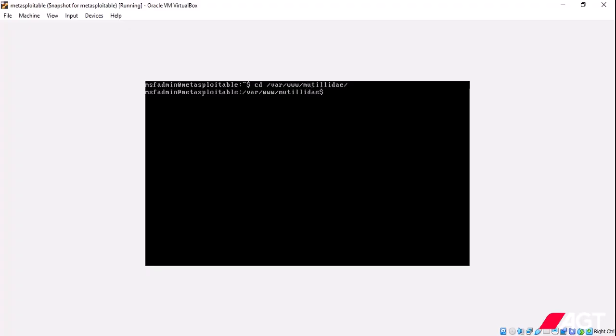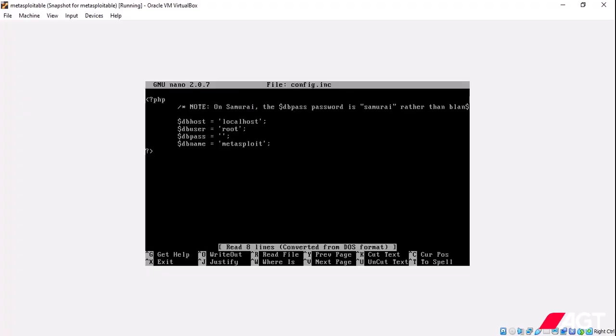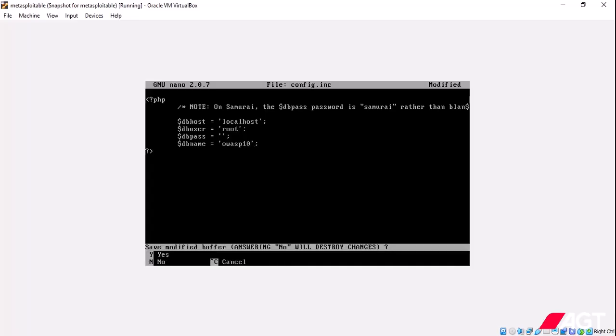Okay, and now let's edit a configuration file. So we use nano, a text editor, and then the config file. But before it, add sudo, hit enter. Okay, now let's change this, which is the database name. So change the database name to OWASP 10. Now to save the file, use Ctrl X and press Y, hit enter. Done. Now let's switch back to Kali